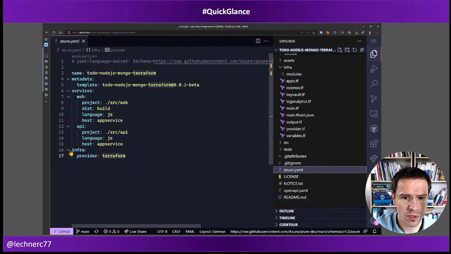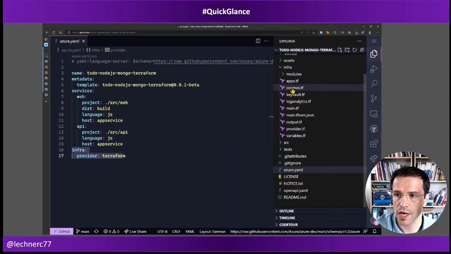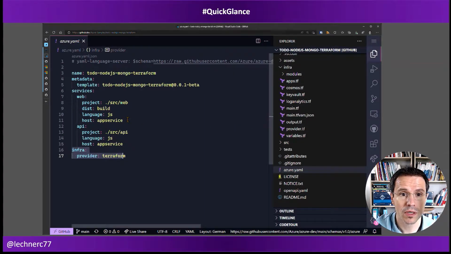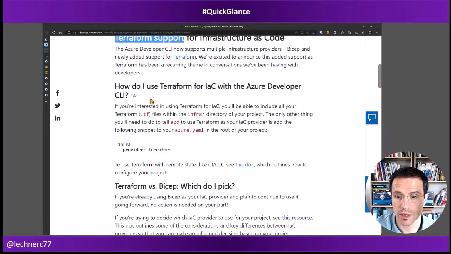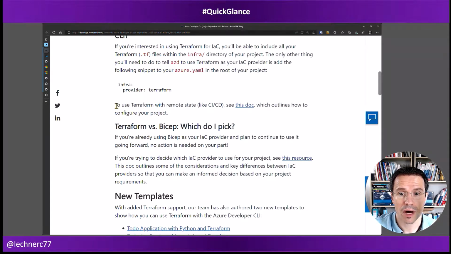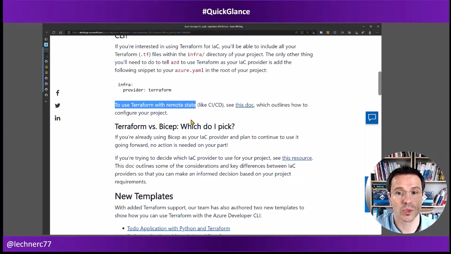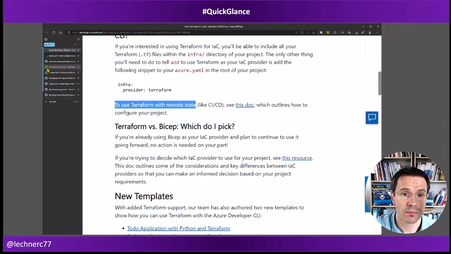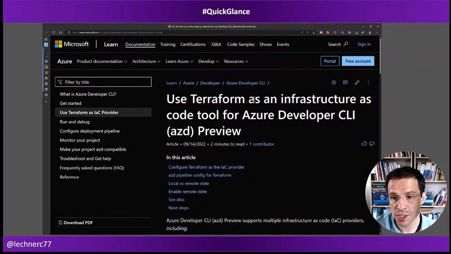Going back to Terraform, that's what you have to define. And from that point on, you can use Terraform within your infra folder, which defines your resources. Now, there are some more things that you have to keep in mind. One thing is if you want to use Terraform with a remote state, which you probably want to do when you're using CI/CD, there is some extended documentation within the Azure Developer CLI, which describes